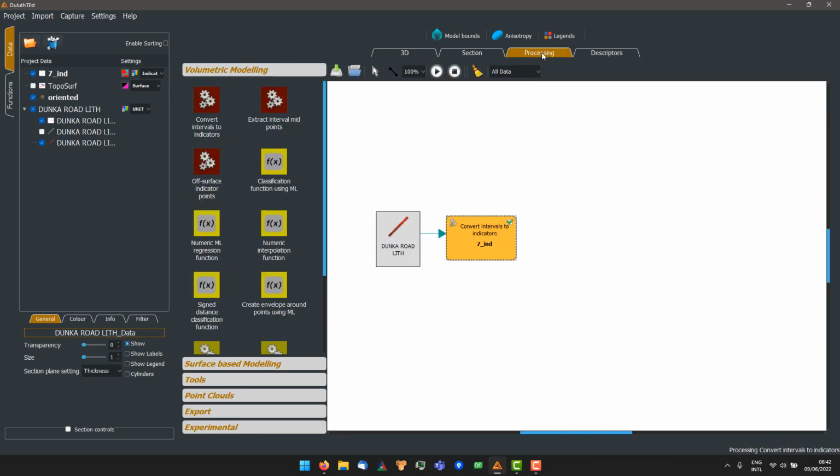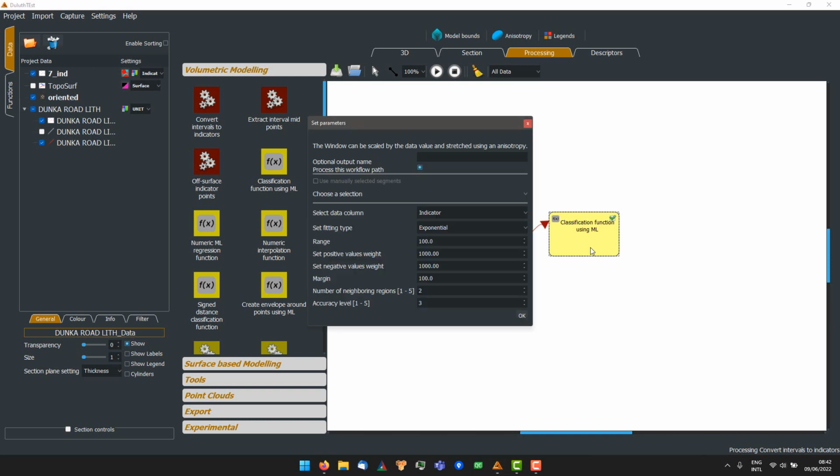But now we get into the more typical workflow for how you would do any modeling. For this unit 7, we converted it into indicator points, and then we can use a classification. Here we're using machine learning to classify the inside and outside of these points. So we're constructing what we call a machine learning function, which defines where in space the inside is and where the outside is. So I'll say this is the unit 7